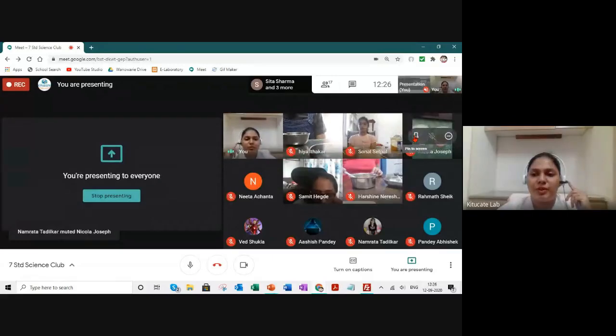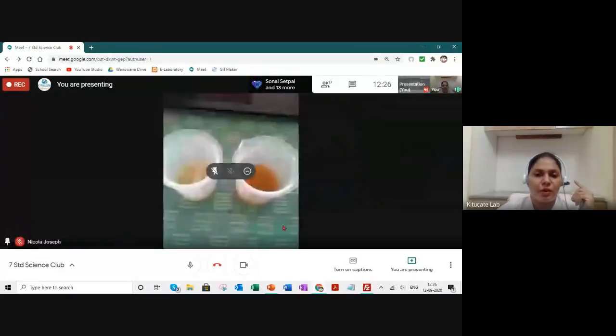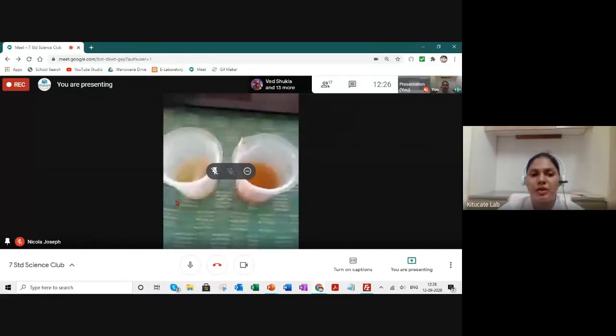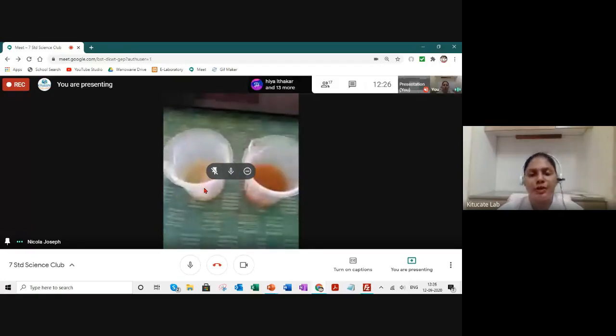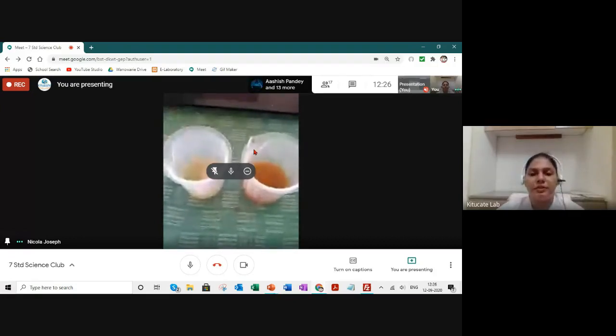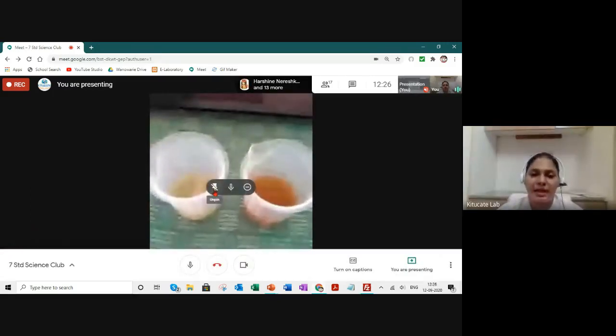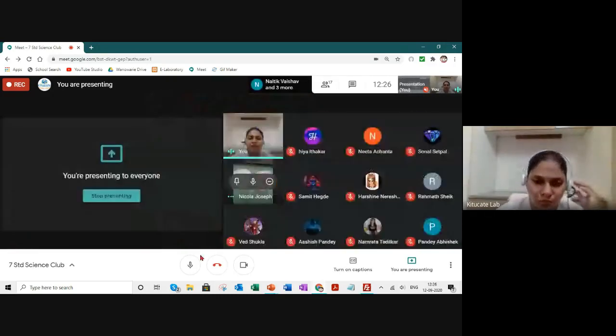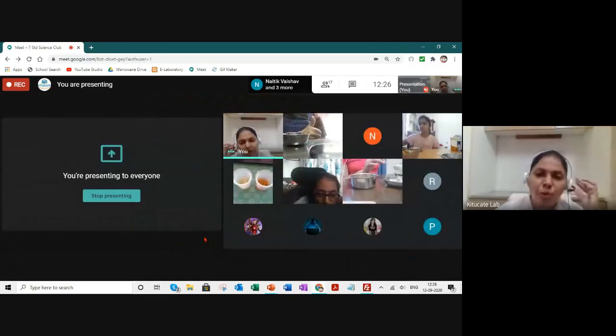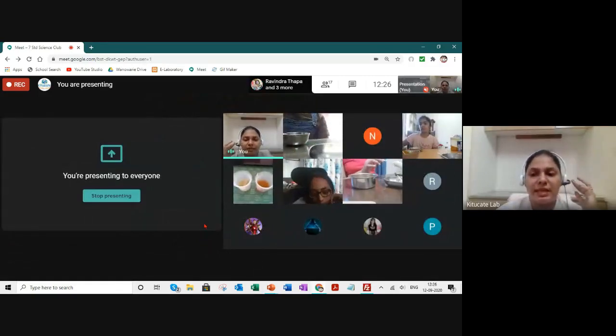Okay. Don't worry. Now see, for Nicola ma'am's screen, we can very clearly see that the sediment of the soil solution, the litmus paper turned from blue to red. Blue to red means it is an acid. And after adding the universal indicator, the color that it is showing is red. That means your soil is acidic in nature. Okay, is this activity clear to all of you? Now we will move on to the HCl activity.